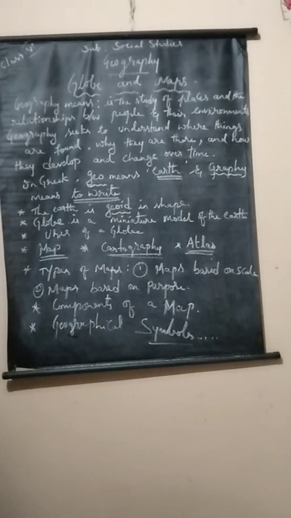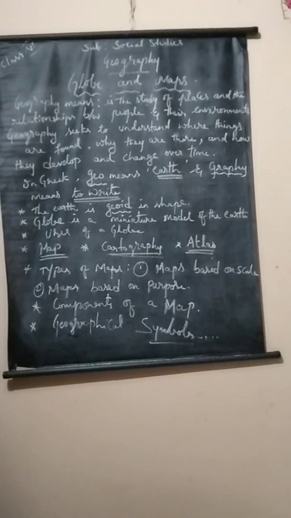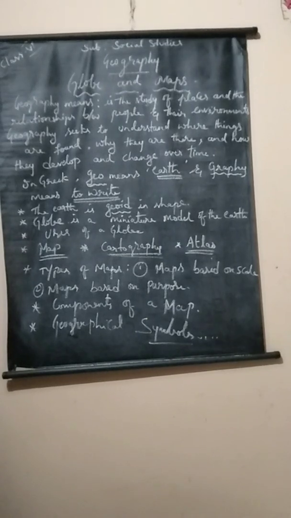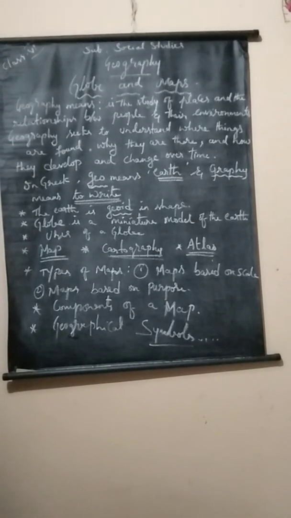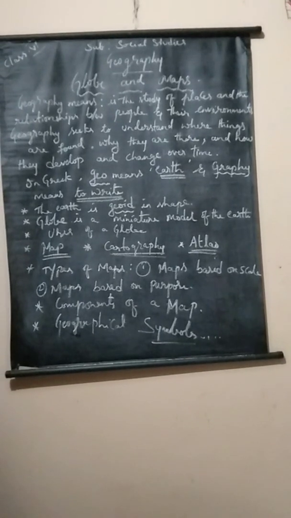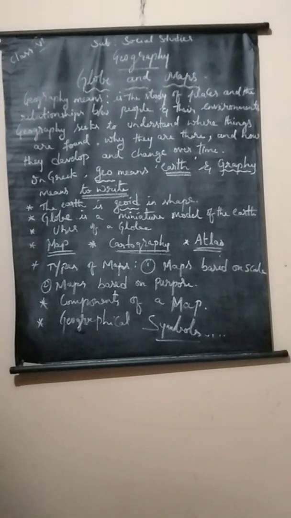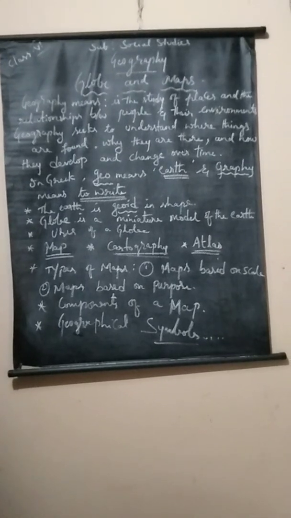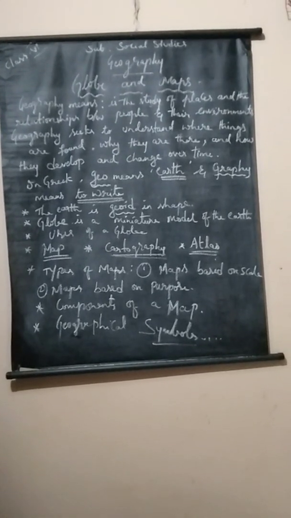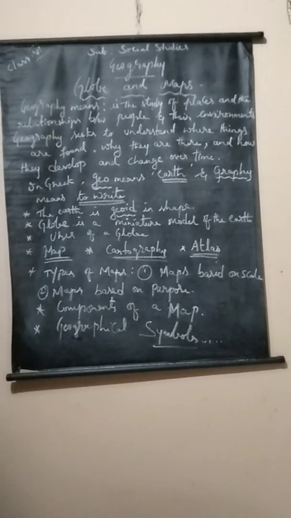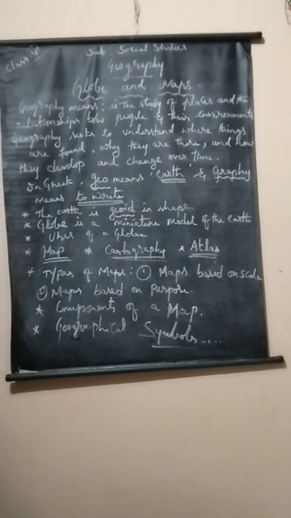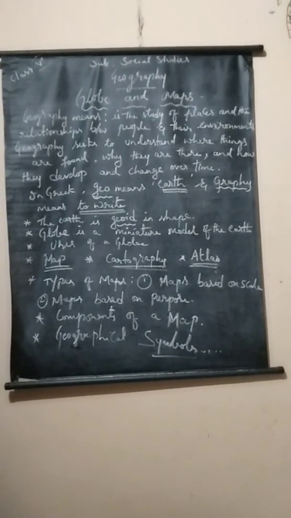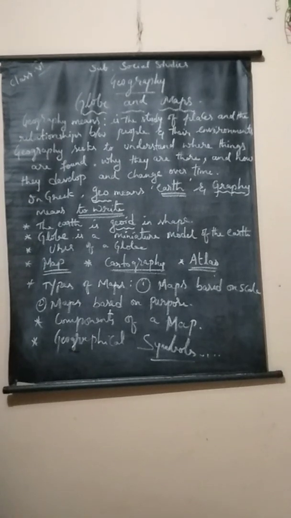Isn't it? Yes. The globe, which is the model of the earth, can give us the view of the other side also, since we can rotate the globe. If we rotate the globe, the other side also we can see. Yes. It is very useful to identify the places.